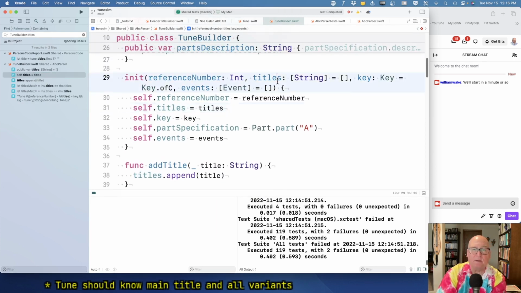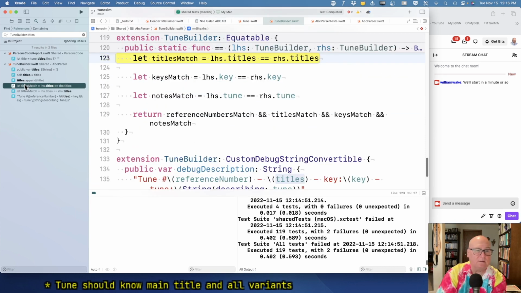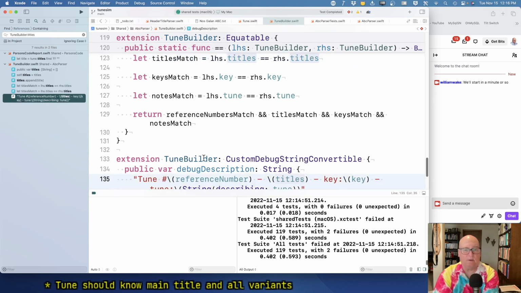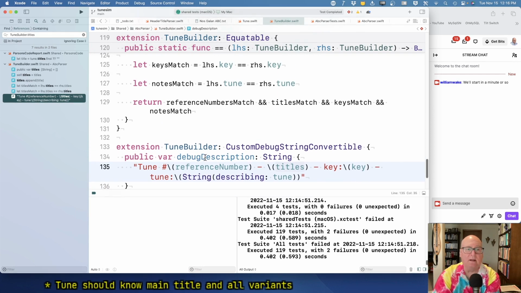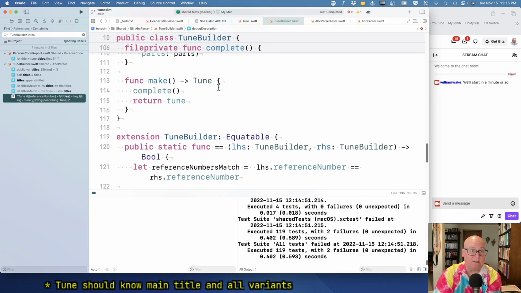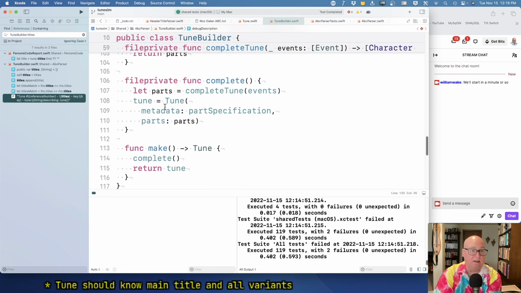I don't know why it would be passed in here anymore. We append. We look at it. We look at it some more. And we print it if it's there. Okay. But what we don't do is we don't put it in the tune. Okay. The tune, we put the metadata part spec, but we don't put the title stuff. Okay. So I want to,